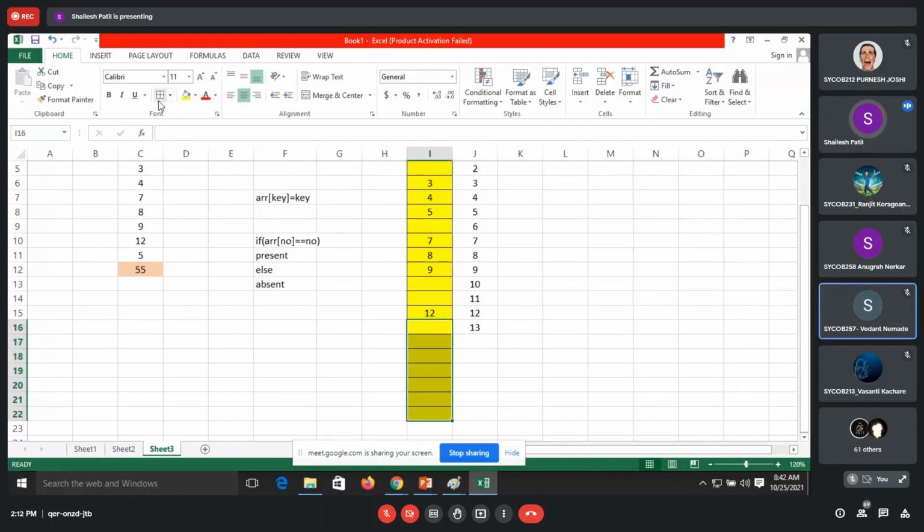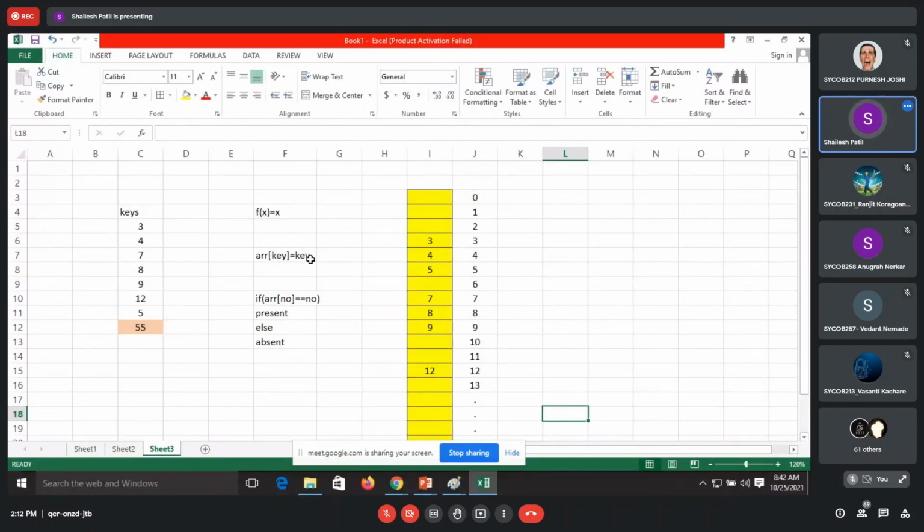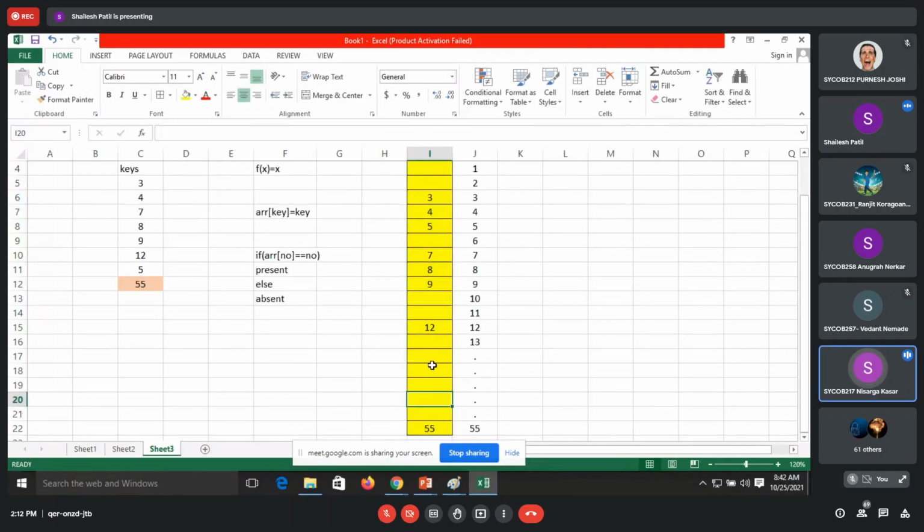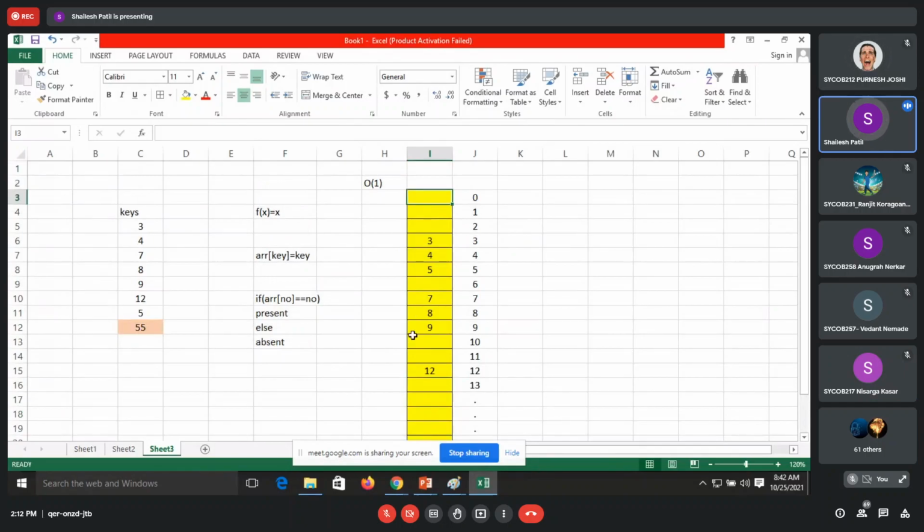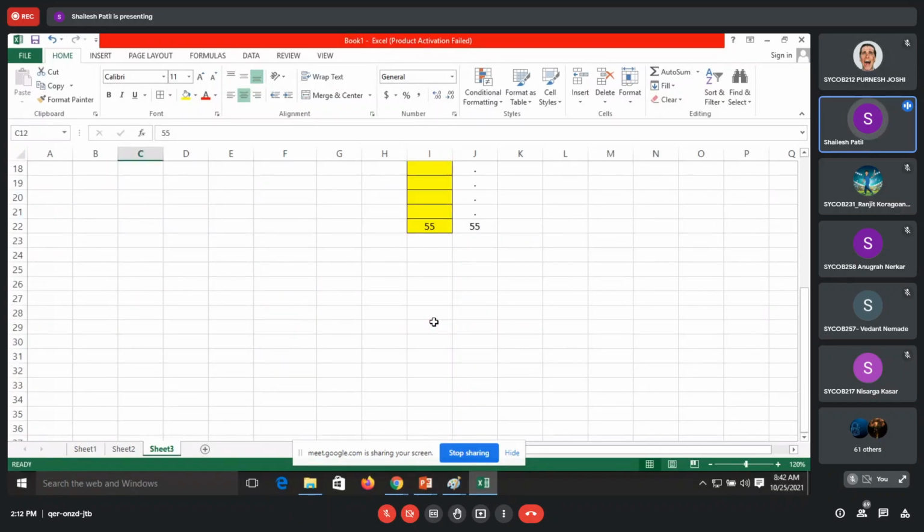Yes. Okay, so that is somewhat tedious, which is not a feasible solution. We can have this 55 and it will be stored in that location. With this approach, we can get a complexity of 1. Is it clear how we'll get the complexity of 1 while searching? Yes, sir. Okay, so by this way we'll get it, but the issue is that for increasing elements, it's not feasible to have the array size grow like that.